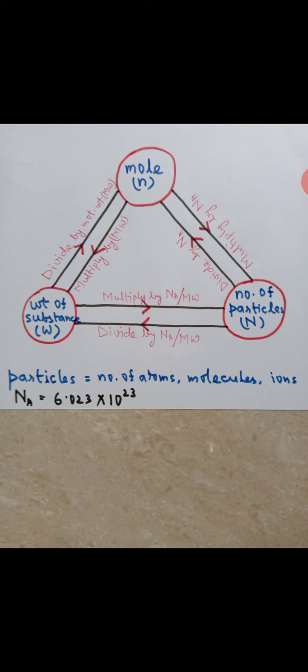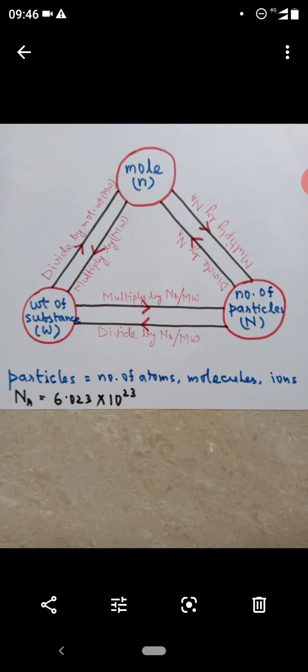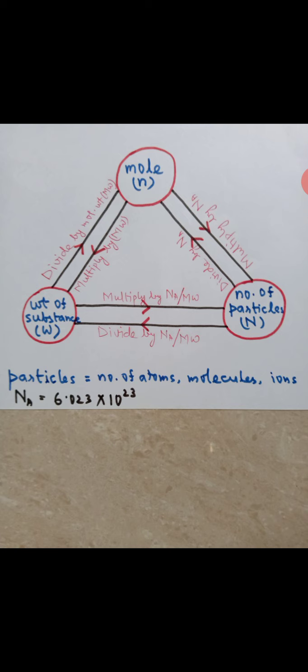So here also same thing, weight to number of particles. What will I do? First I will convert weight to moles. How will I do it? By molecular weight. See there, I have written it. Multiply by Na by Mw. Na means what? Avogadro's number. See, I have written there also below. Otherwise you will think Na means not available or something else. Got it? So Na, A is a subscript there. So multiply by Na by Mw. That is Avogadro's number, and Mw.